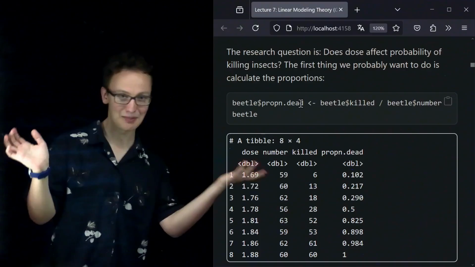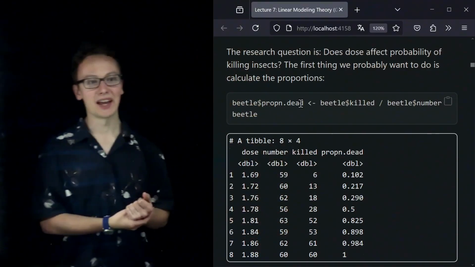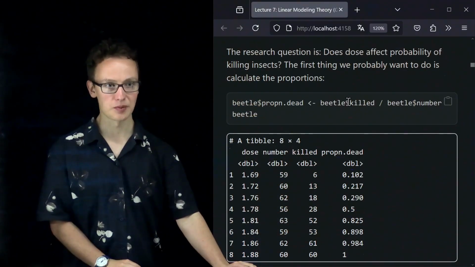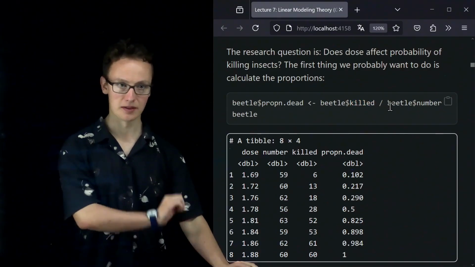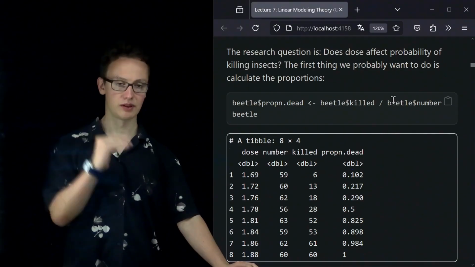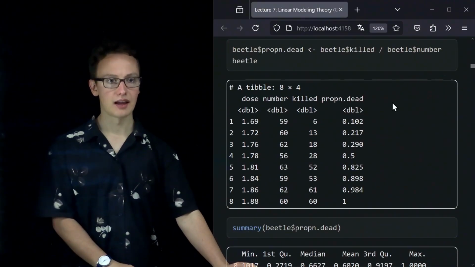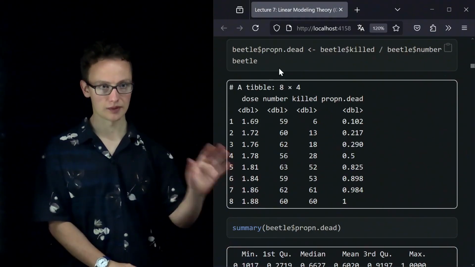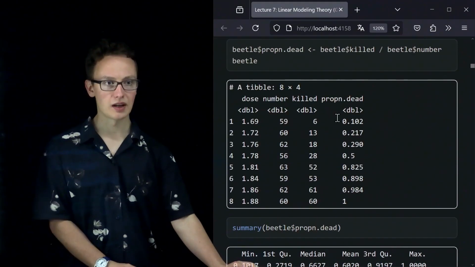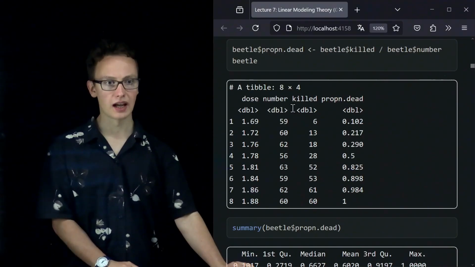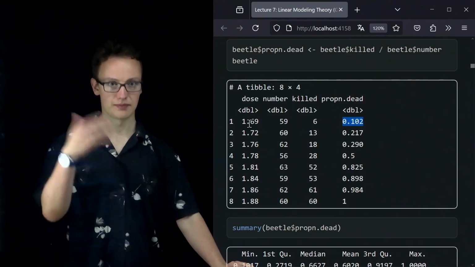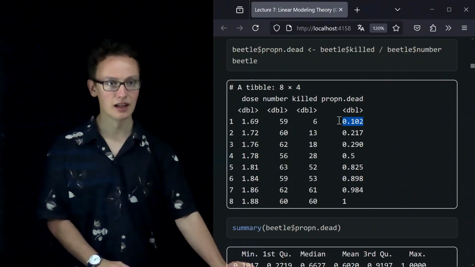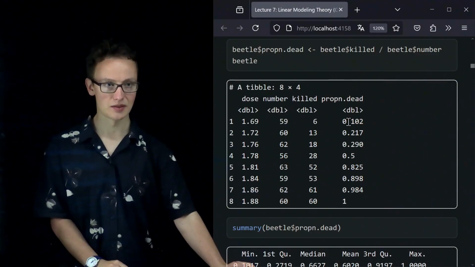like number dead beetles, okay, prop n dead, and we can give it the result of computing the number of killed beetles divided by the number of overall beetles in that particular dose level, like dose condition, okay? And if we now look at our data set again, after extending it by such a column, we can now see that we indeed have this additional information now, and we see that, well, here for that condition, for that dose value of 1.69, we have 10% of beetles killed, so 0.10